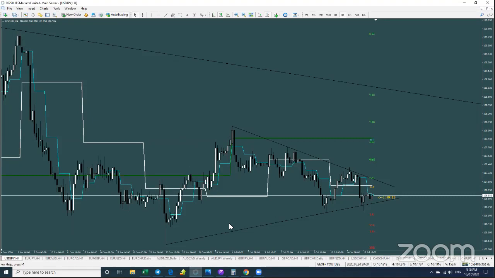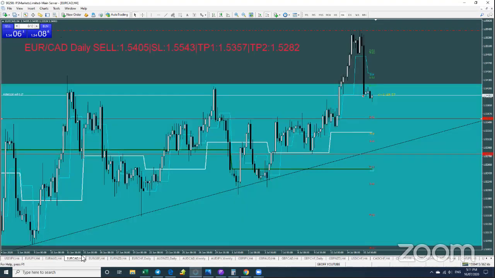Anyone took long on CAD last night? I don't see anybody putting their hands up. Euro yen, we got that one. That's part of the problem. Right. Well, I guess we did in a sense because we traded Euro CAD short and we're pretty much bang on entry here now. I think this candle will be very, very interesting, which is, of course, takes in the first couple of hours of London session. If this can get to be a bearish candle, I think that's probably going to be the flavor for the day. But equally, if it takes out